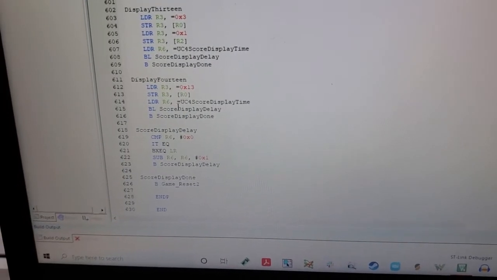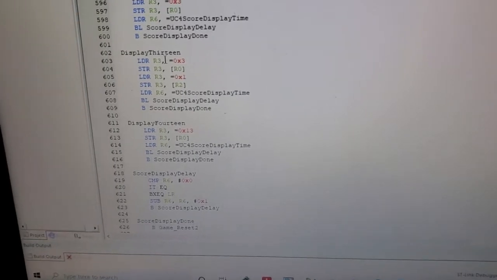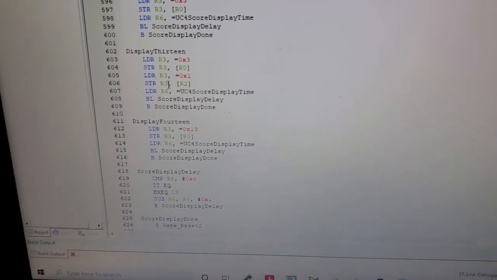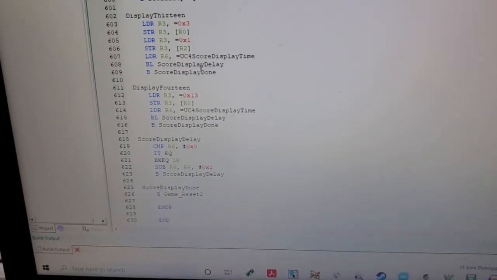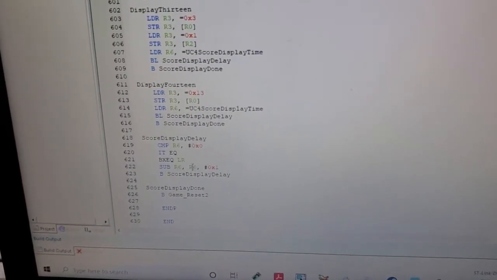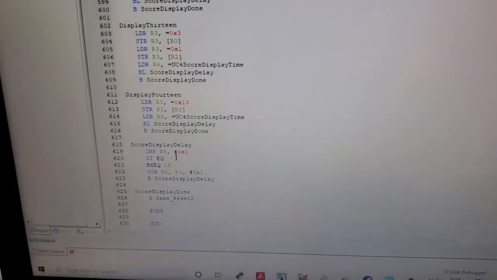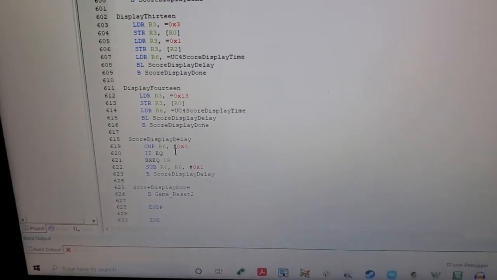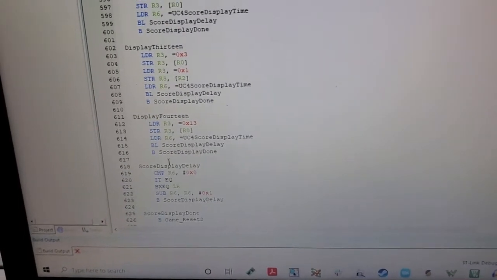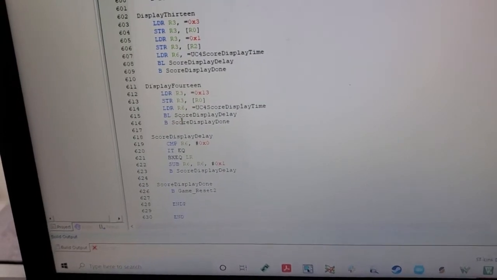So then say the player has beat 13 rounds here, and it goes to the display 13 here. So again, it sets up the display, then it branches with link to score display delay. So this function just holds whatever number was put on our display for what came up to be around 15 seconds, I estimated. Then it'll branch back to the display 13 in this case, and then finally score display done, which calls game reset 2,